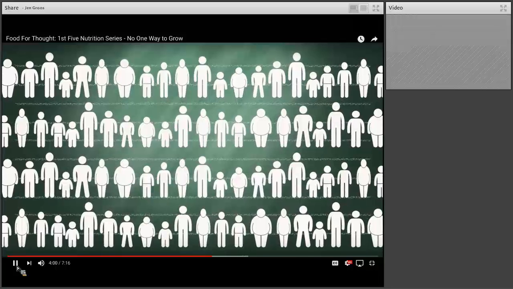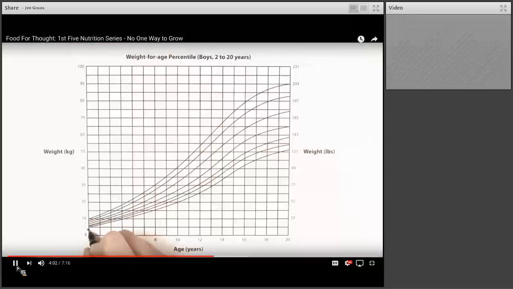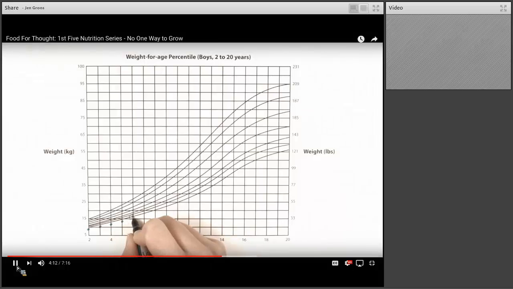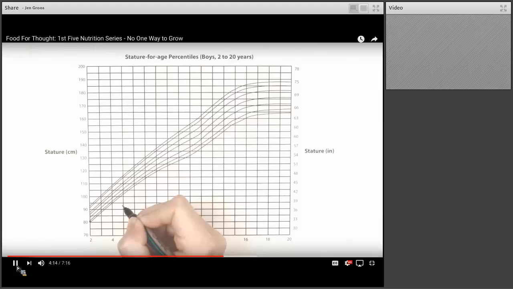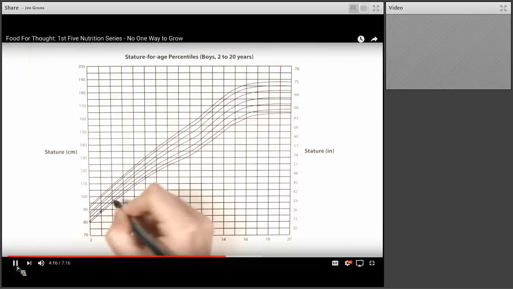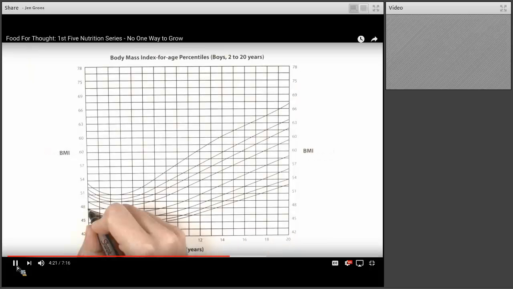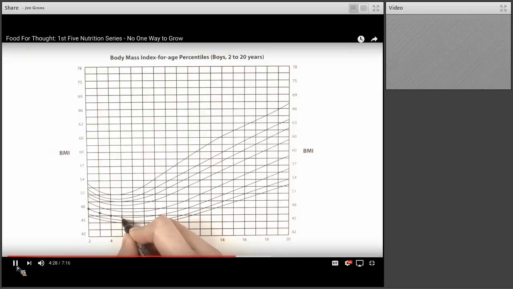Let's look at some examples. This is a growth chart of a 5-year-old boy growing consistently at the 3rd percentile for weight. Many parents might worry this means their child is underweight because he falls below the ideal range of the 5th percentile. But he is growing consistently just above the 5th percentile in length and gaining weight at a steady rate. Putting weight and height together, we see this boy's BMI per age is very appropriate, above the 25th percentile. This is an example of a child who might be considered underweight, but is in fact growing very healthy and